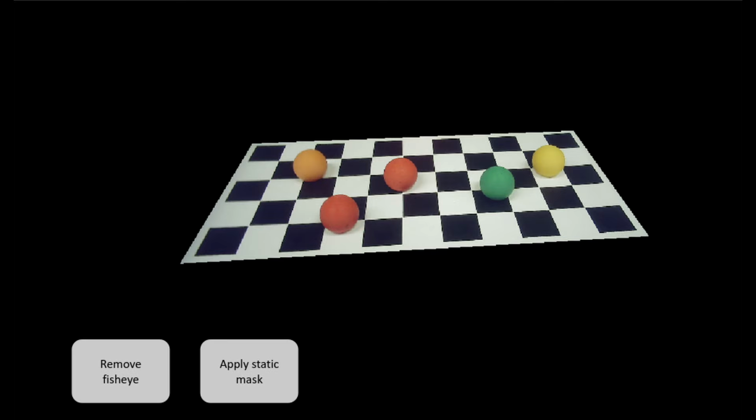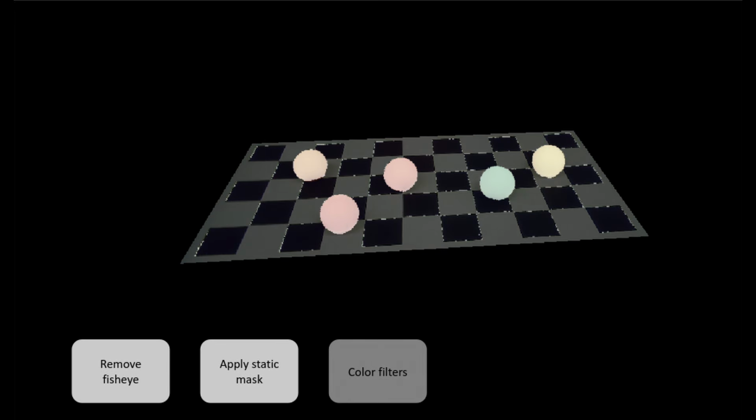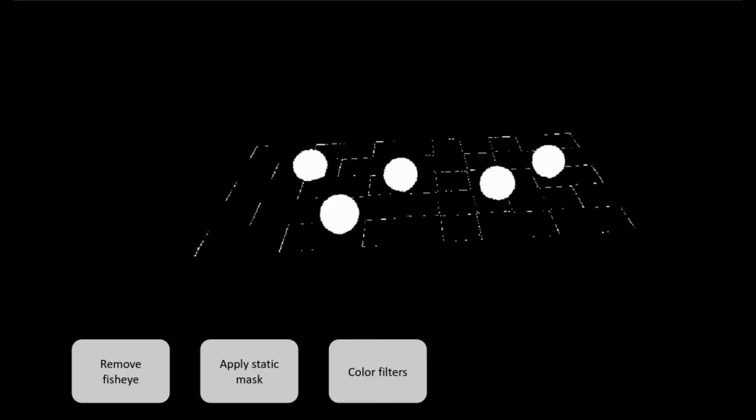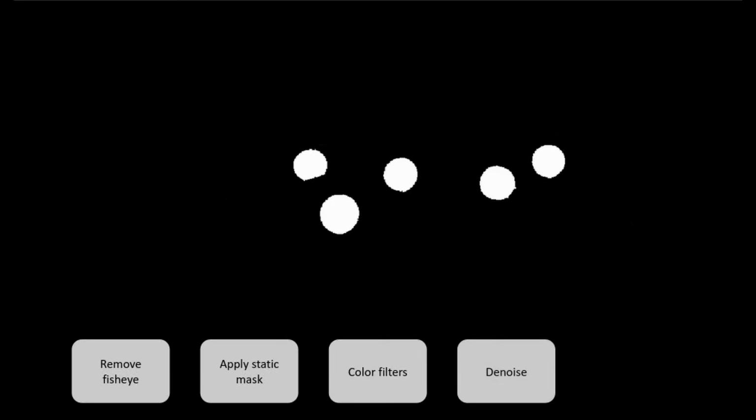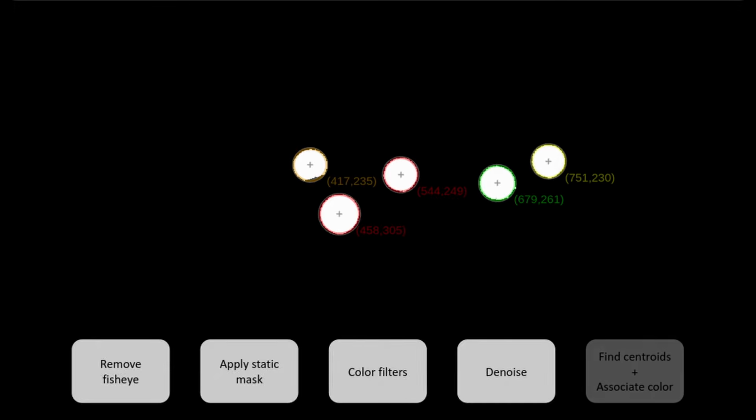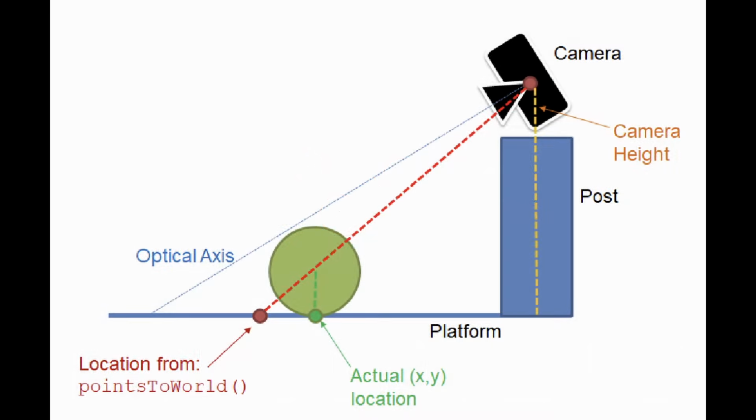We can apply different filters in the hue, saturation, and value color space to target the specific colors of interest. This results in a slightly noisy image, however, so we remove any pixel regions under a certain size. We then calculate the locations of each ball's centroid and associate it with its color for sorting. Finally, using simple trigonometry, we can eliminate the projection error due to the height of the ball. Combining these known centroids with the translation from image to robot frame, we can now find the task space coordinates